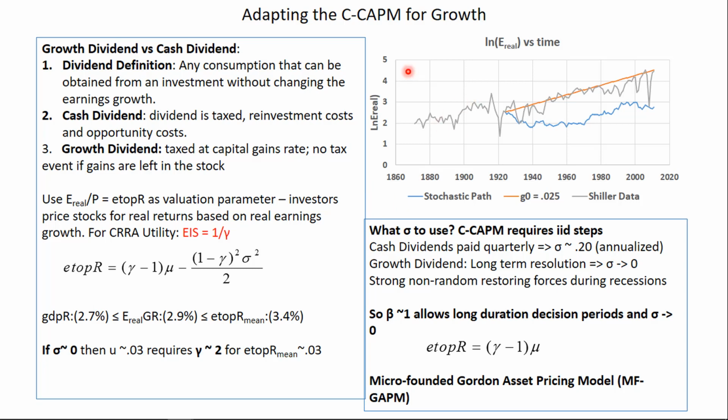In the chart here, what I've plotted is a log of the real earnings versus time. The log of the real earnings is taken from Professor Shiller's database, and you can easily go back and do this yourself. And what I've done is drawn this yellow straight line. This is a constant growth line of about 2.5% a year. And what you can see is that since about 1920, this is what investors have learned: over long periods of time, the earnings growth rate is very comparable to the GDP growth rate. And it's punctuated by periods where there are recessions,